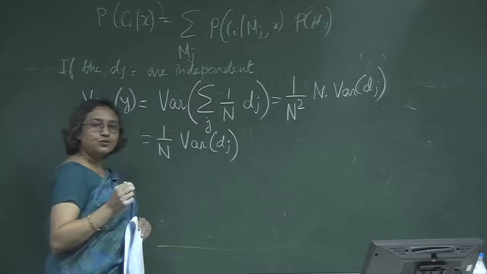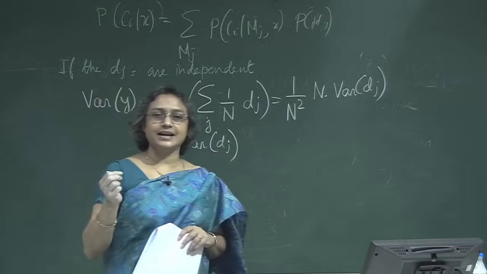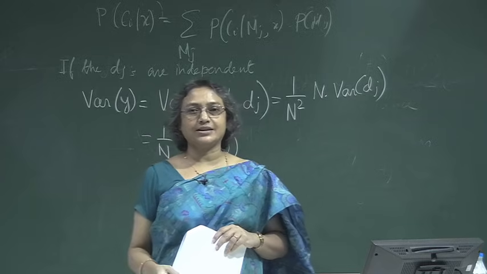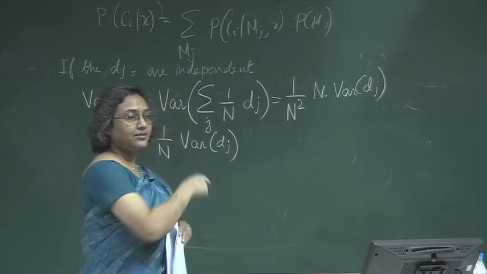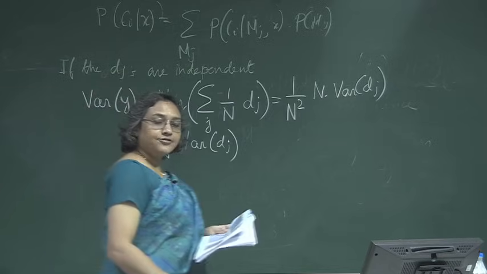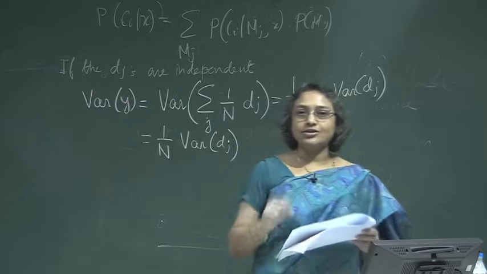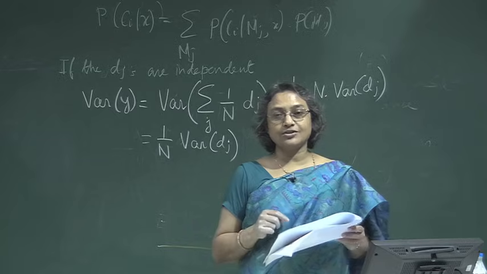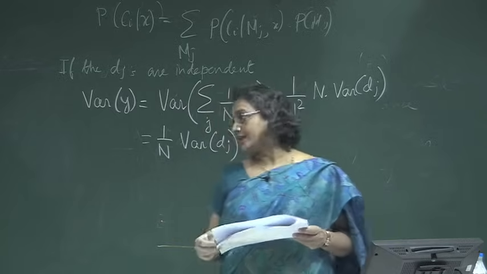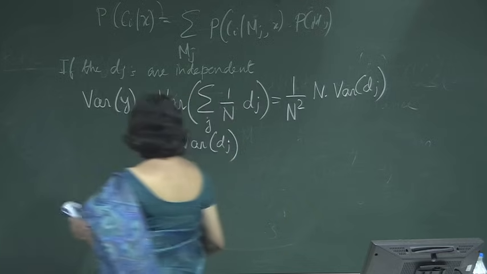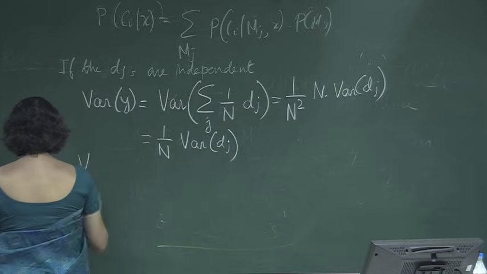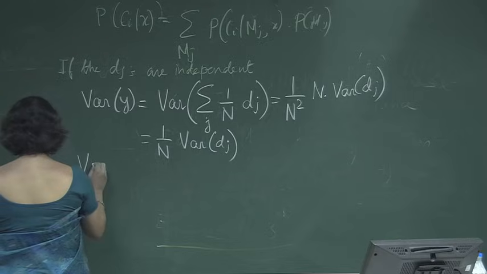So, if the outputs by the n learners are independent, the variance gets reduced by a factor of n, which is a very strong result. Now, even if the learners are not completely independent, but they are not completely correlated, we can have a modification of this expression. In that case, we can tell that they are dependent, but error increases with positive correlation,